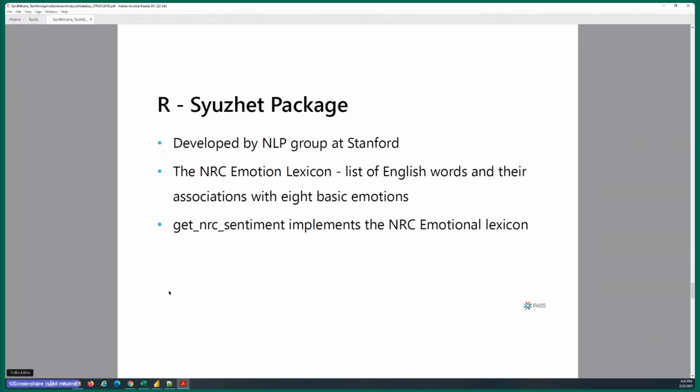In R, you can import the syuzhet package, and the syuzhet package has get_nrc_sentiment functions that implements the NRC emotion lexicon. There are libraries in Python that implement the get_nrc_sentiment function as well. So it's not just R specific. You can do the same thing in Python as well.